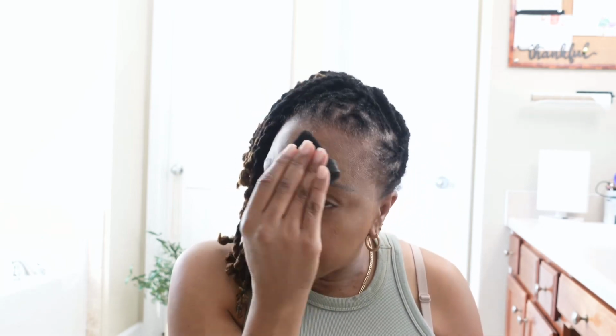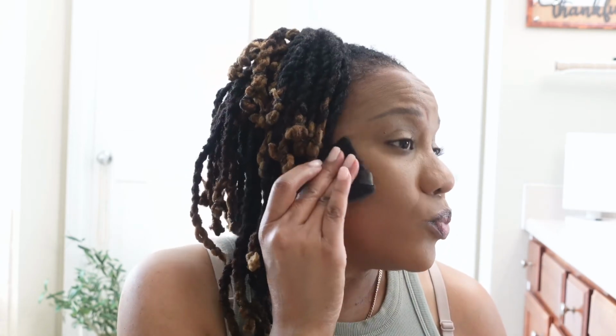start coming out. So this step, I say don't skip. Make sure you're doing that. And a pressed powder is easier to manage than a loose powder, so I say go with that. The formula also will help to keep it in place. The loose powders are usually more drying and can cause you to look a little bit more wrinkly, creased, etc. All right, so now that we have that in place,